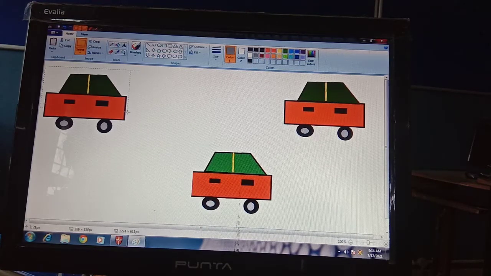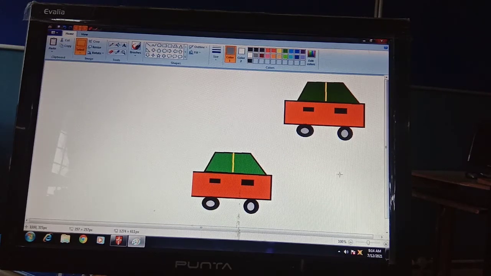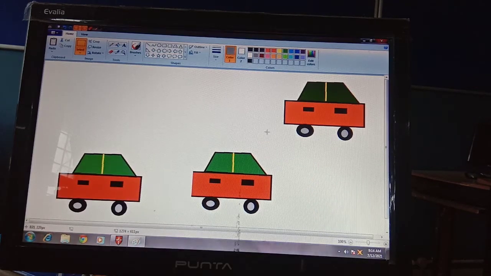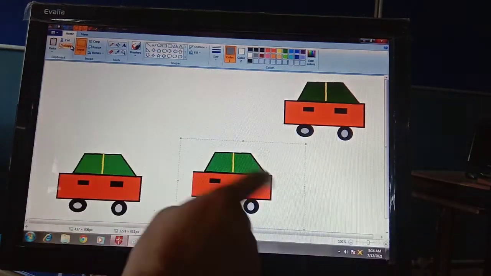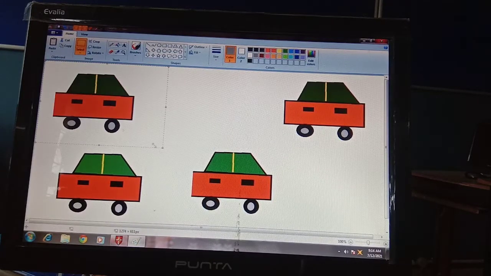See, again I am showing you the cut option. In the cut option, the same thing will be removed from there and it will be pasted somewhere else. And in the copy option, if I am copying it, I will select one picture and then click on the copy. See, as soon as I click copy, this picture is not removed, and it will be pasted here.